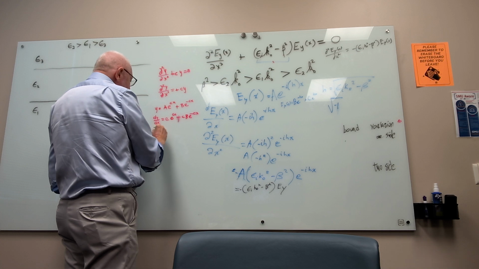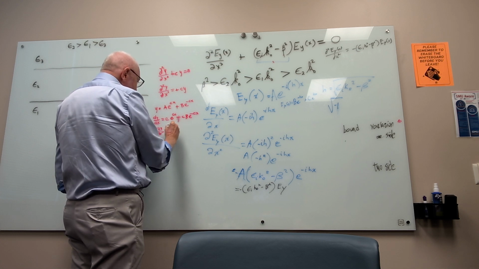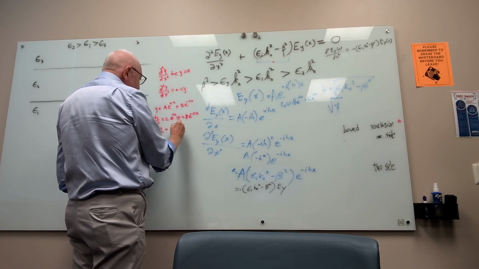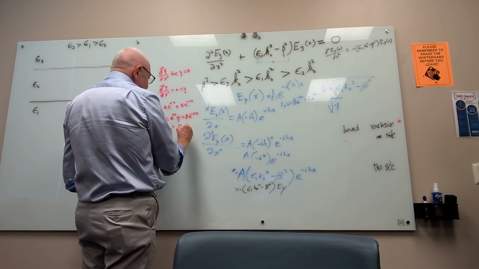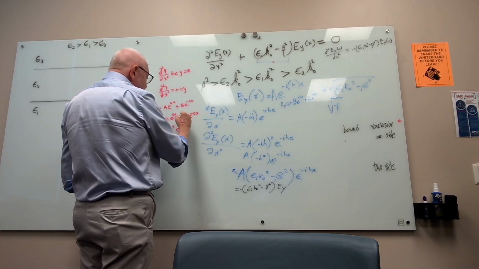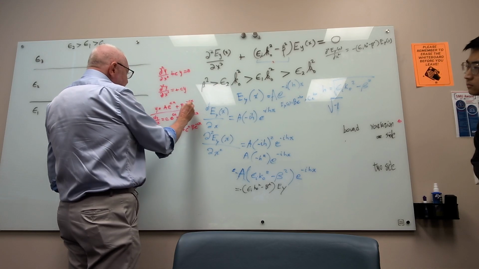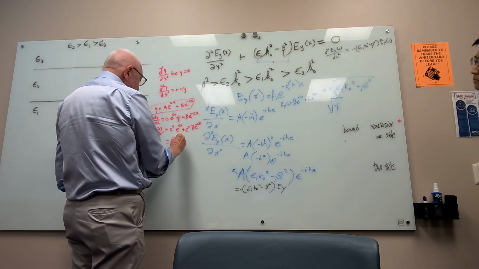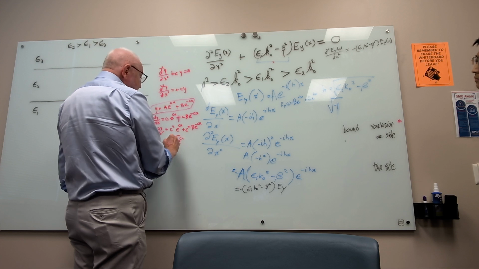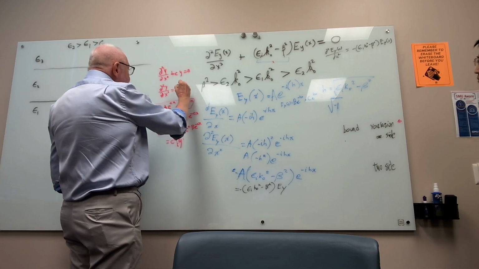And I take it again, bring it down to c squared e to the cx plus c squared b e to the minus cx. So when you take the next derivative, I get c squared e to the cx, so this comes out to be c squared times y. And so